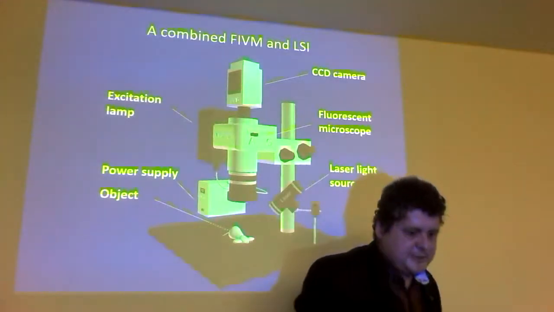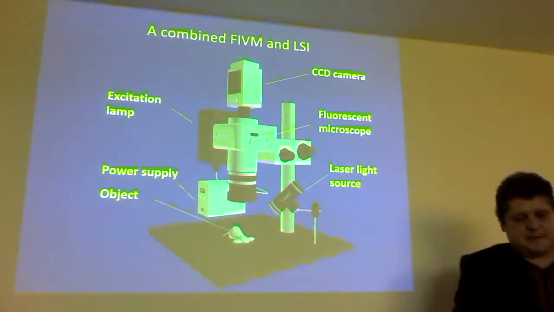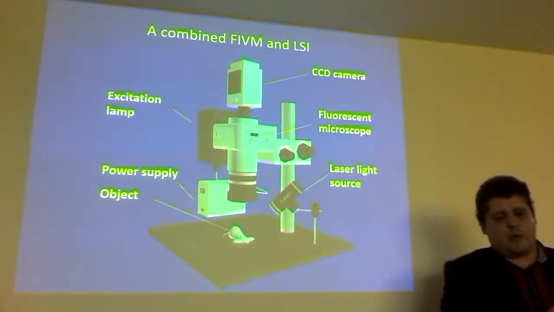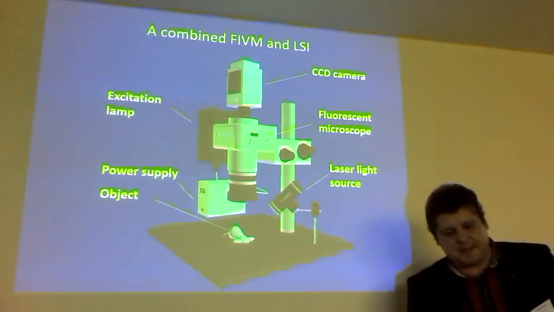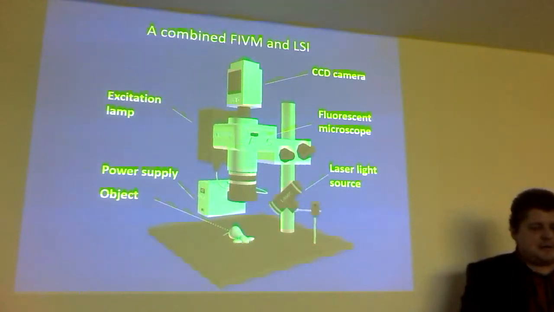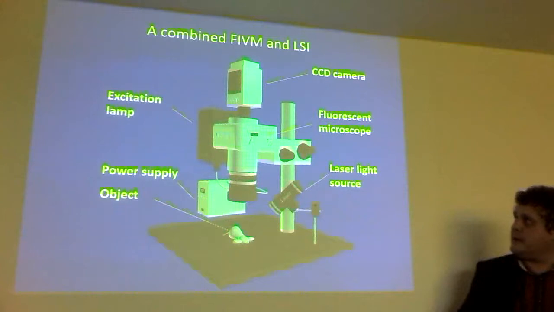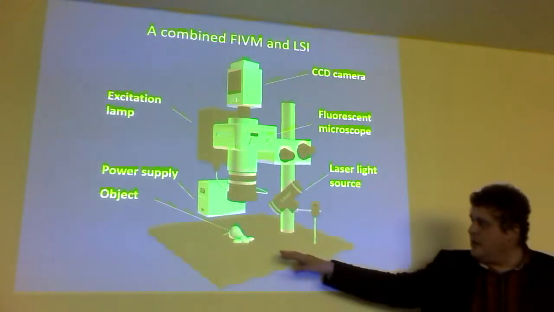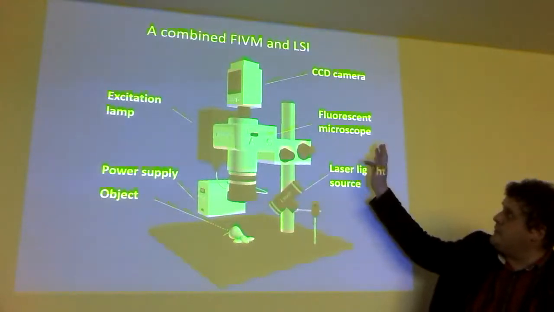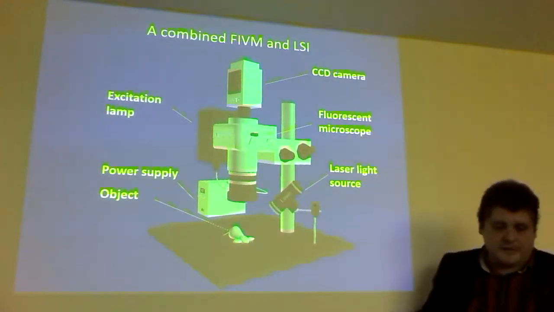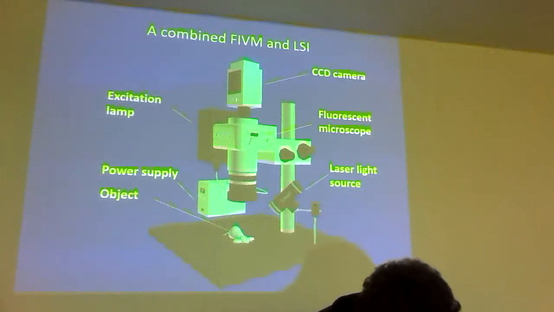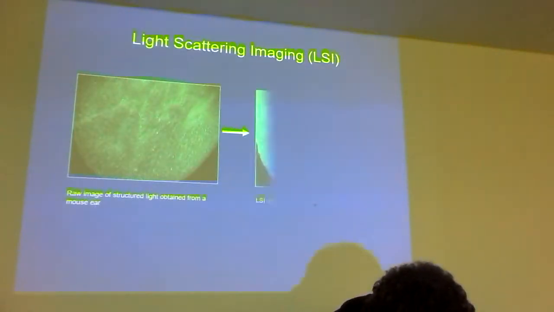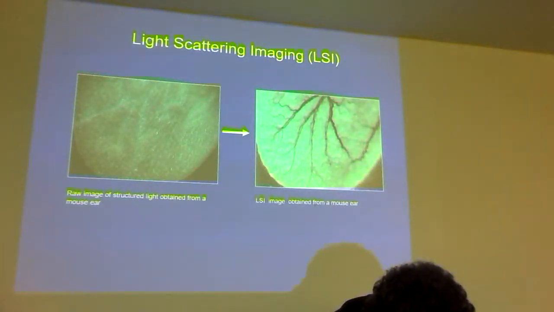For that purpose, we also combined our imaging system with other techniques that are able to show exact flow or vessel distribution within the animals, and we also use it for validation of both techniques with fluorescence imaging, which is also quite good for that tissue. So again, that's what the light scattering imaging gave us. From raw imaging, we're able to see the vessels,